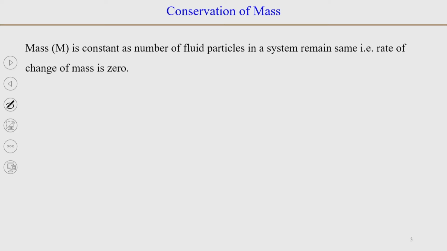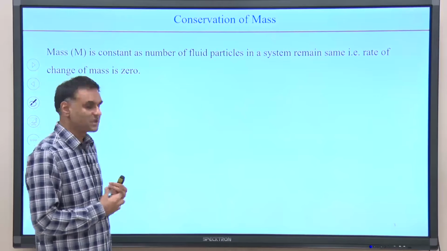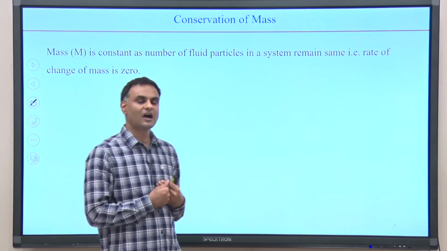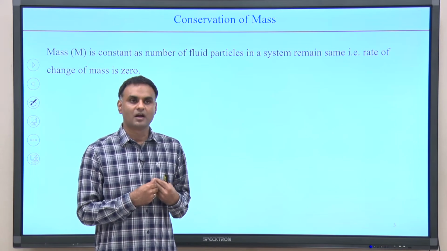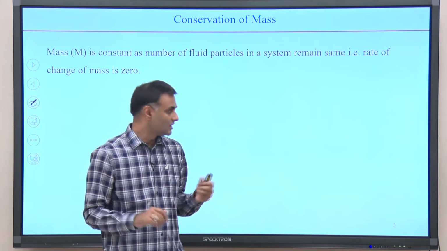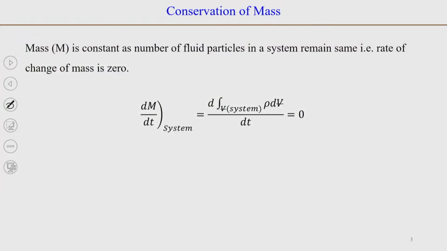The first law is that in a system where the number of fluid particles is constant, the mass remains constant. As we will see after a few minutes, all the things that we are looking at we need to write in terms of a rate. So, in terms of rate, we can write that the rate of change of mass of the system, where capital M is the mass of the system, is equal to 0, that is, mass is constant. So, mass does not change with time.